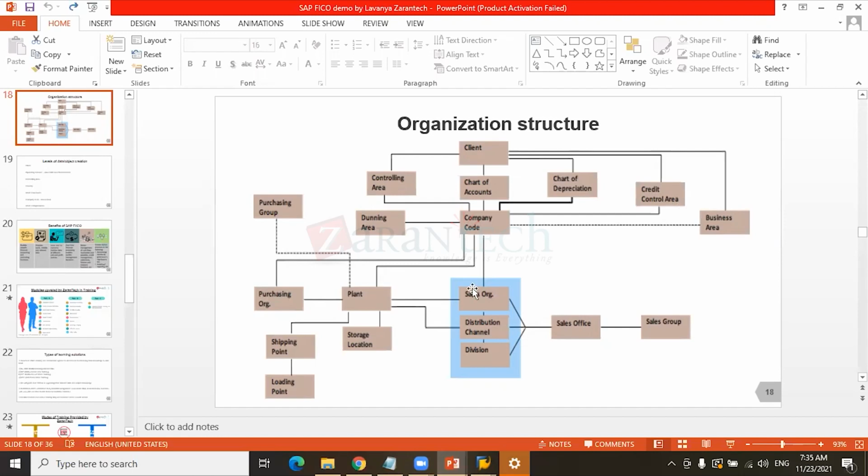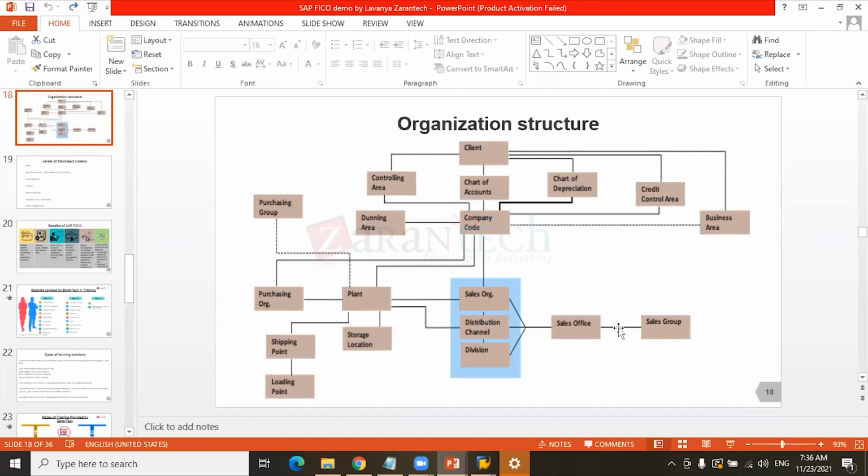This part of the organization structure is done by the SD consultant. This part is done by the MM consultant. This part is entirely done by the FI consultant. But out of all these, company code is the organization unit which is linked to SD and MM. So even MM consultants, before they do their organization structure, before SD people, or PP or HRMS or PS, whosoever it is,